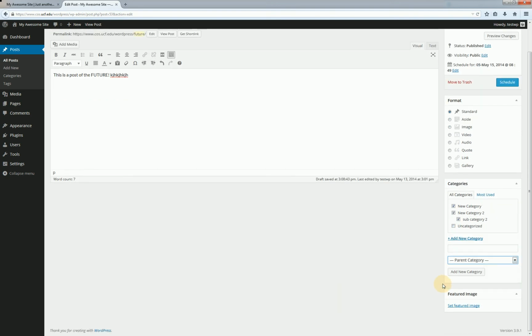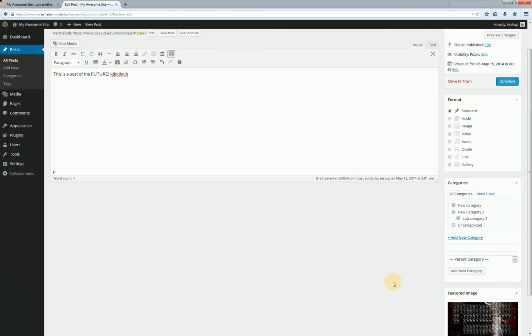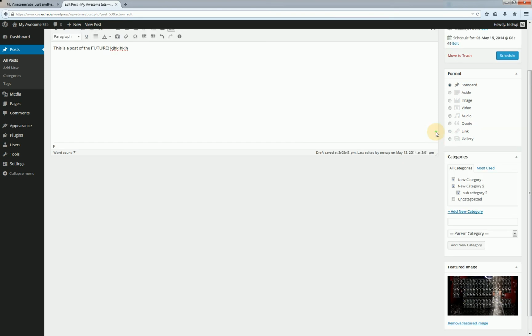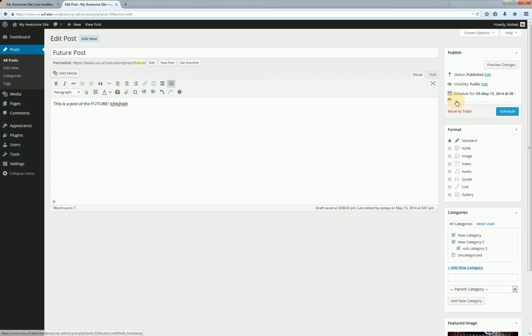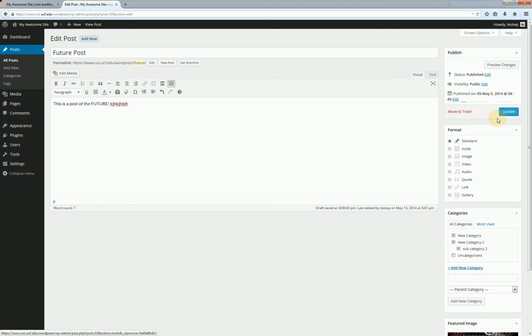featured image, which is a feature that's going to be dependent on your theme. Most themes will use featured images, and what that's going to mean is on your site. So if I go ahead and choose one, we'll do this as an example here. I'll use this poster image. I'll click set as featured image, and now this is going to be our featured image. So let me go ahead and change this back so this will be published live, so we don't have to worry about that. So this says update now. We'll hit update,